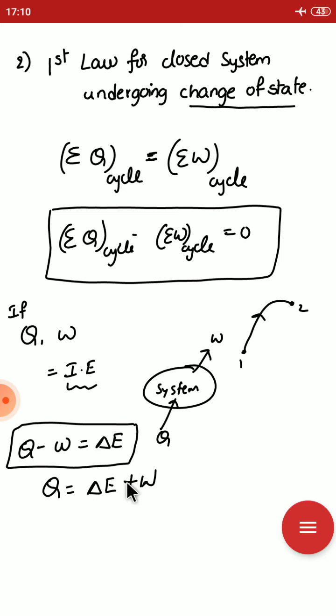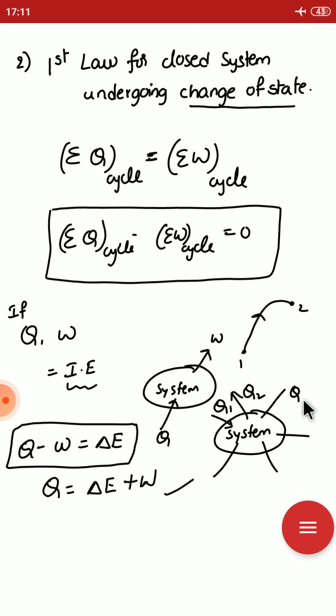But this equation does not give the absolute value of the energy, only the change of energy delta E for a process. If the system involves n number of energies, the same applies. Suppose Q1 is entering, Q2 is leaving, Q3 is entering. Now W1 is